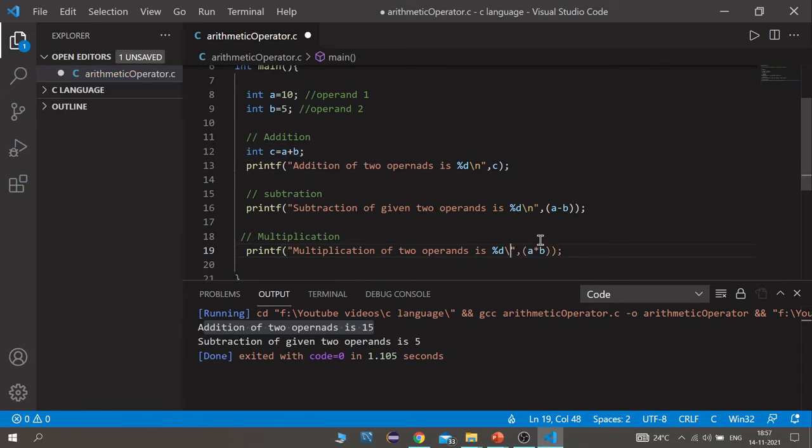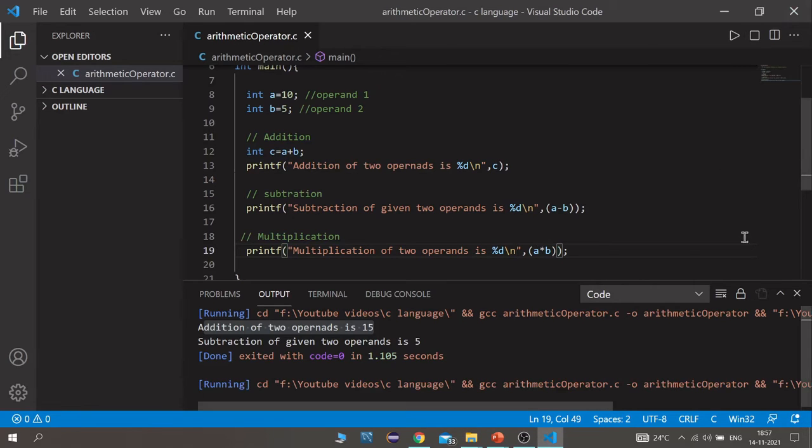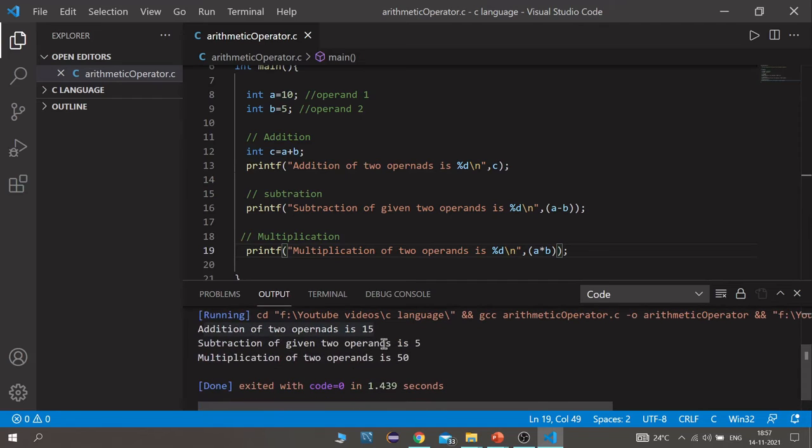Let's write here also a new line. Save this and run the program. You can see multiplication is 50, 5 tens are 50.